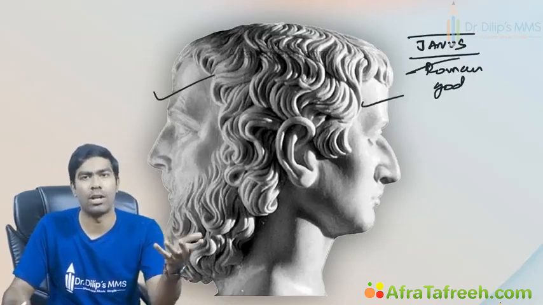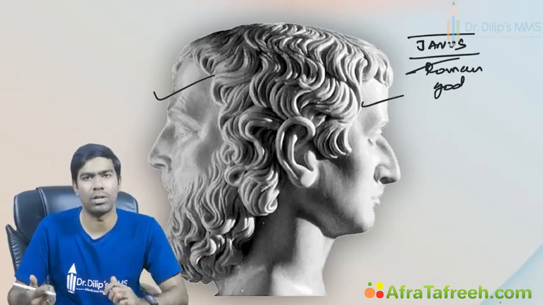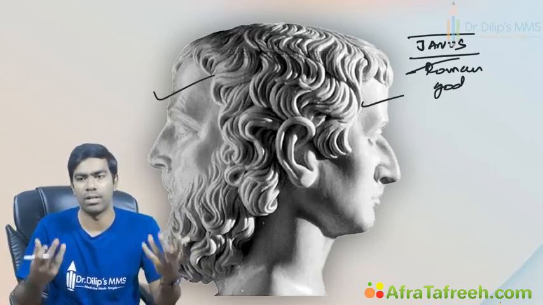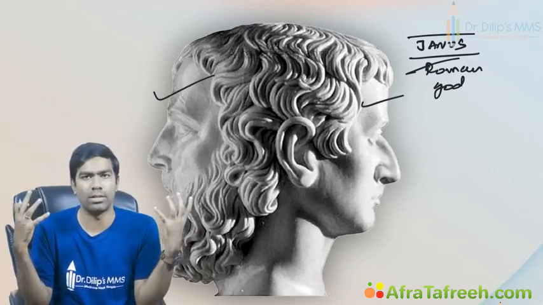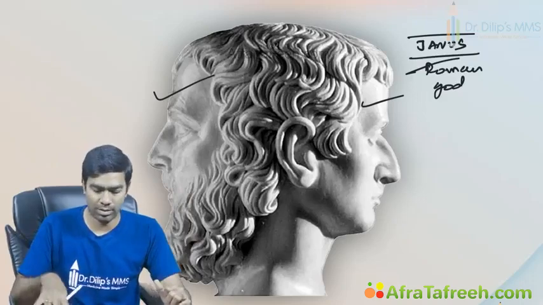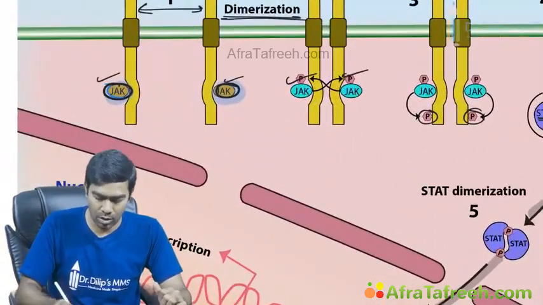Janus is actually a Roman god who had two heads. Like in India we have Lord Brahma, isn't it, who has three heads. Like that, in Roman mythology, they have a god called Janus who had two heads side by side. Since this receptor also, once they dimerize, you can see they are like two heads attached side by side. This Janus, JAK receptor protein. So they look like this Roman god Janus. That's why they named it Janus kinases. So now you can understand why Janus kinase has been named.